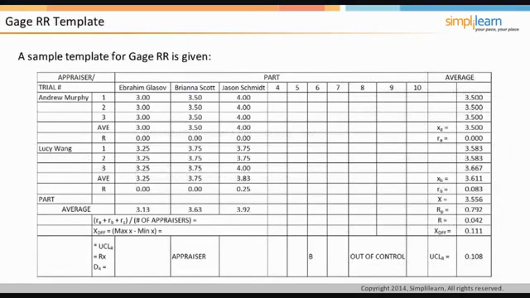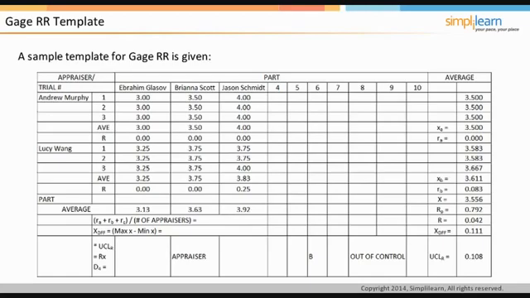A sample gauge RR sheet is given on this screen. The operators here are Andrew Murphy and Lucy Wang, who are the appraisers in this study. They have measured and rated the performance of 3 employees, Ibrahim Glasov, Brianna Scott, and Jason Schmidt. This is a sample template for a gauge R&R study. The parts are shown across the top of the sheet. In this case, the measurement system is being evaluated using 3 parts: the employees, Ibrahim Glasov, Brianna Scott, and Jason